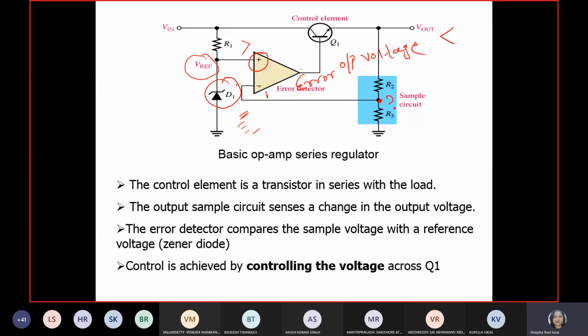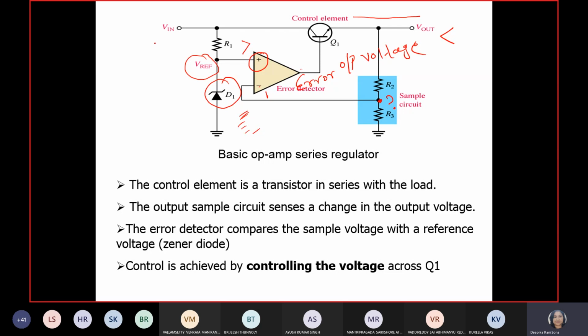Okay, but this is the work of the Zener diode, to balance this mismatch in the input, and when the balance is done, it will generate the balanced output, meaning errorless output, and again that errorless output will make the transistor Q1 generate a constant regulated output. This is the working principle of the series regulator. Okay, got it guys?